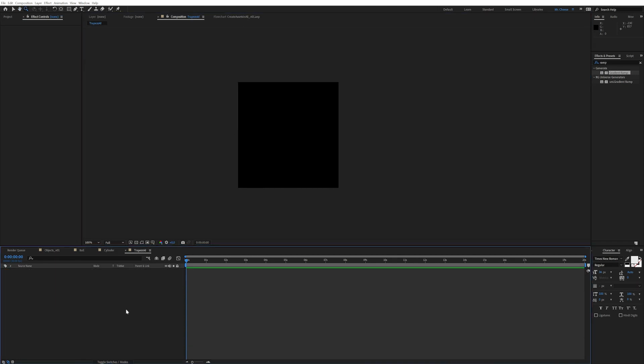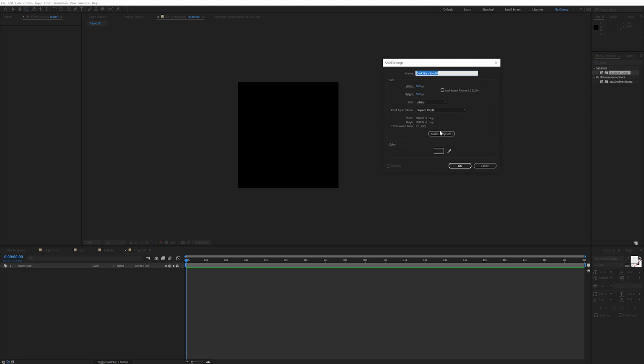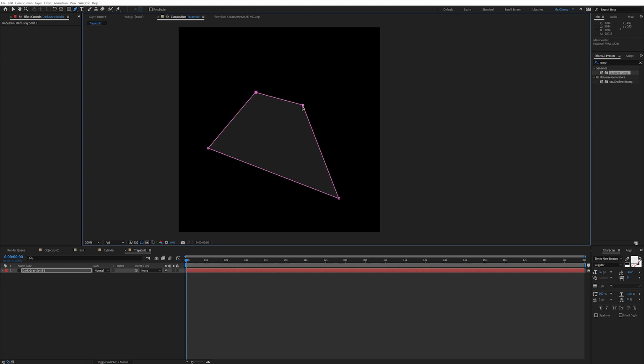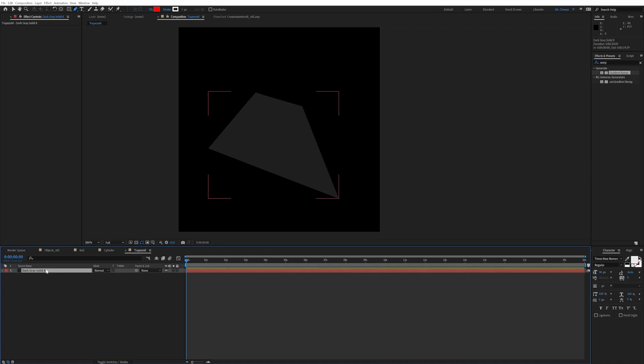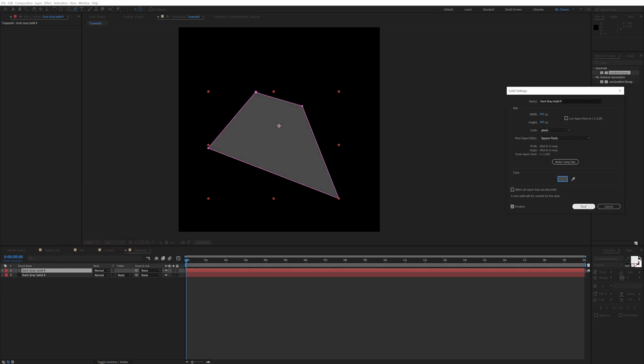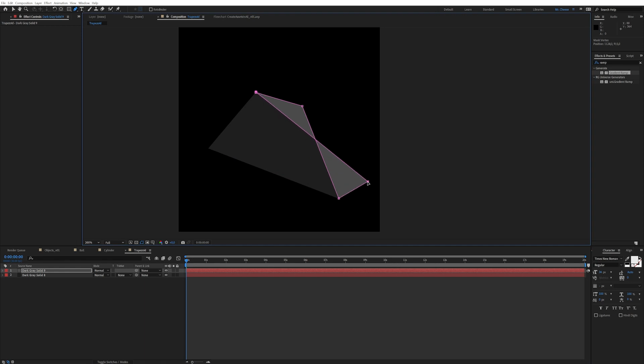The only thing is you have to be aware of the perspective, right? So Ctrl-Y to create a new solid. We can just create a quick shape here, something like this, really trapezoid-ish shape. Just gonna duplicate this. I'm gonna make it dark instead, quite dark. You know what? I'm gonna make it brighter instead. There we go. And you can basically just move these mask points until it matches your perspective of the trapezoid,